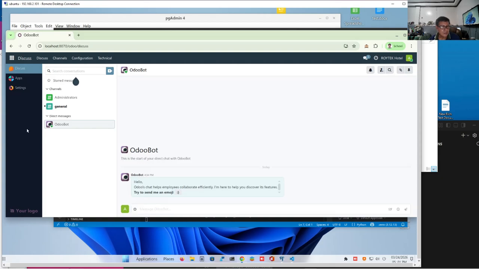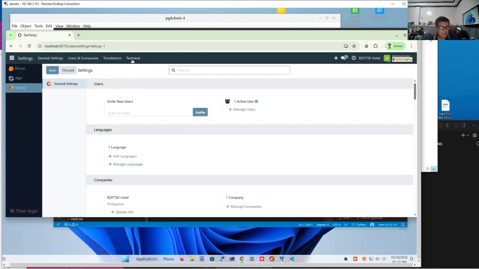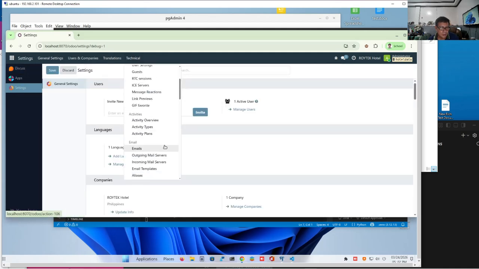Okay, which brings us to our application back. Now there, take note, we don't have a hotel menu because we don't have a user interface yet. But can we look at the rest of company model? Okay, let's look. Let's set the developer mode on. We'll go to technical settings first, then technical. We look for models.